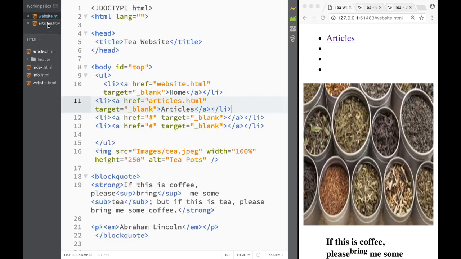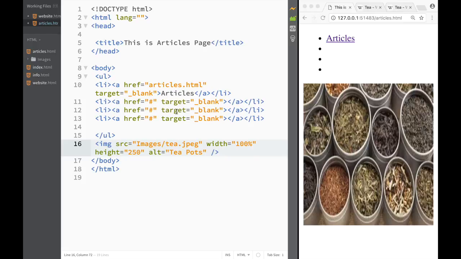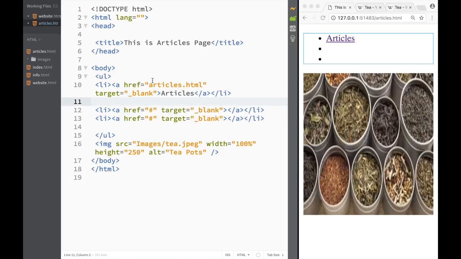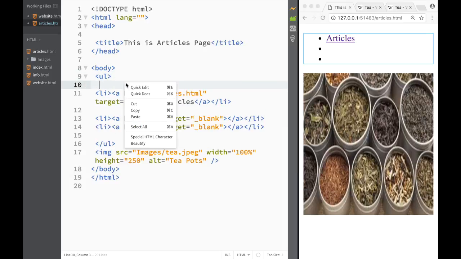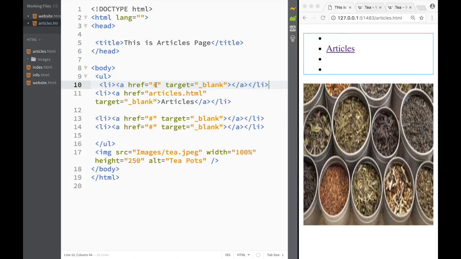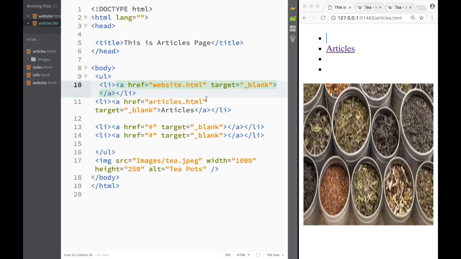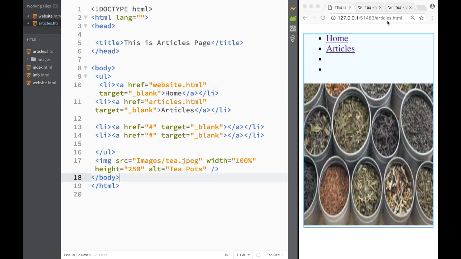I would need to do it over here in articles one, where I'm basically setting, I'm just going to take this over here. Again, I'm just going to copy this and paste it over here. And now we have a target, and I'm just going to say that this is a website HTML. And now over here, I'm just going to write that this is a homepage. So now let me just close it over here before I actually close the